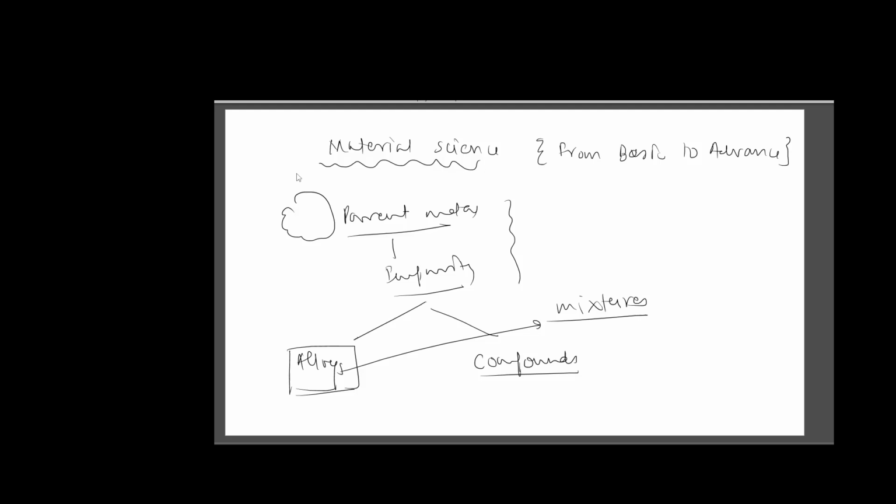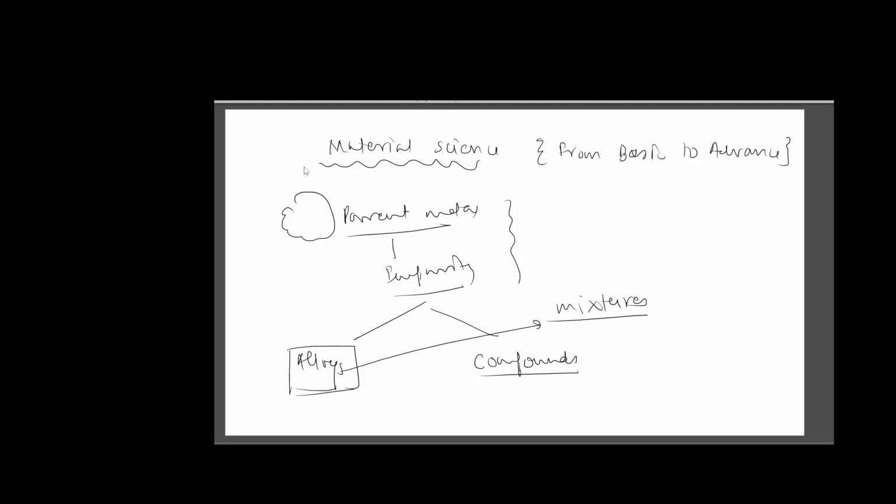Now coming to the point, what is material science from basic to advanced? And materials can be classified as alloys as well as compounds. This will be used particularly for the mechanical engineers who will be appearing in GATE or engineering services exam. Material science is the foundational subject for production engineering also. So you have to understand the material science from very basics and grasp the